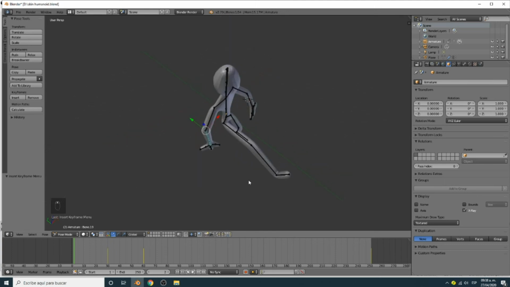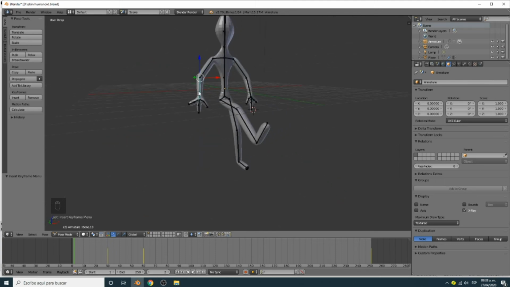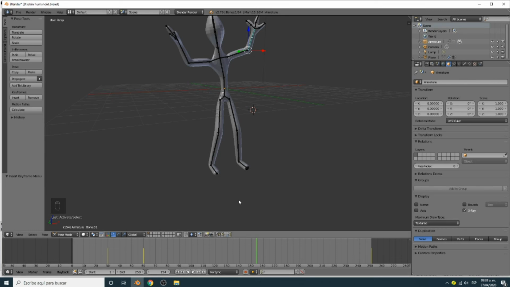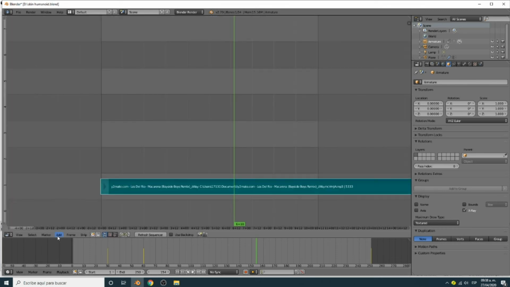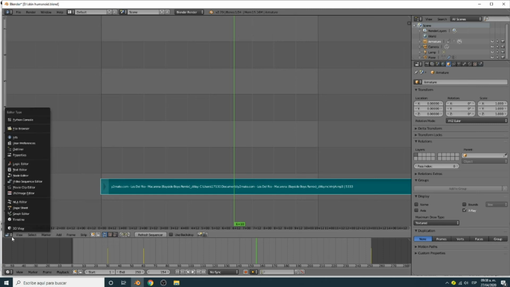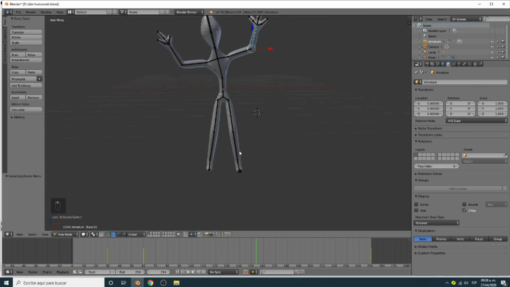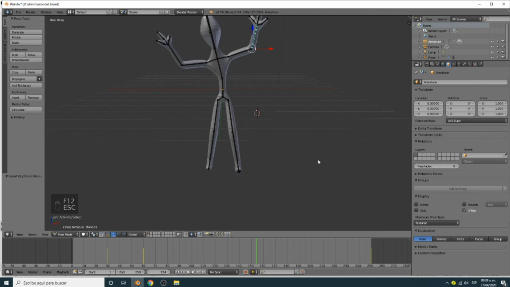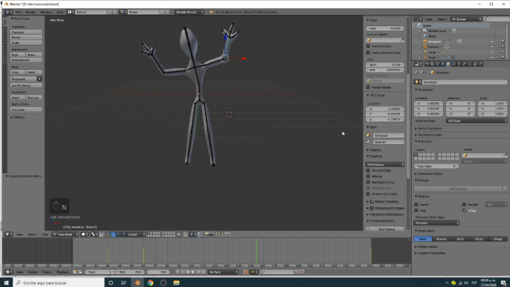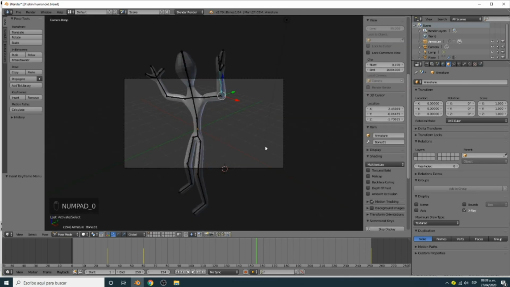So check that you move each bone one by one. Each yellow stick means that you have a movement. Don't forget to go to the video sequence editor and add the music, okay? And finally, when you have the animation, don't forget to put the camera pointing to your objects.